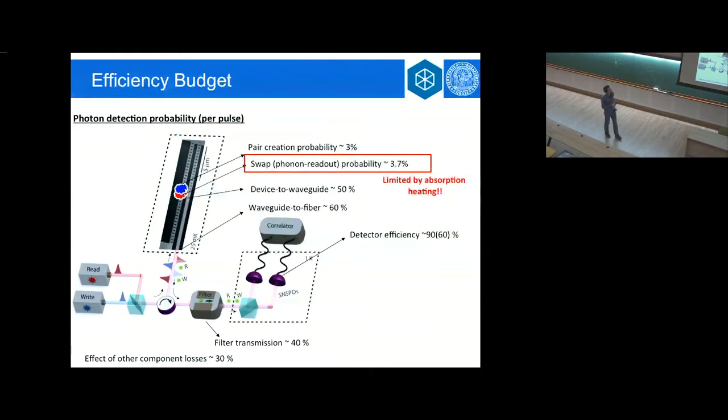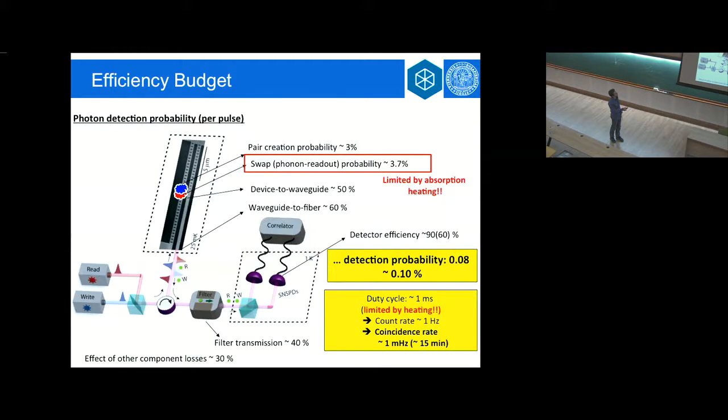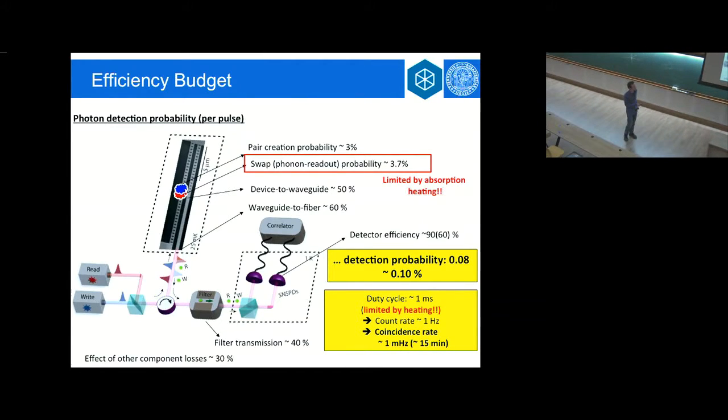So I won't go into this much. I mentioned it before already. There's a very low detection efficiency. One is limited in the photon swap probability, which you can essentially tune via the strength of the pulses because of the heating. And this is why the experiment is not as easy as it might look in the first place, because the duty cycle with 1 millisecond gives rise to a coincidence rate of roughly 1 per 15 minutes. So we are sharing the lab with these guys, and that means there are whole days where we can't work because of the